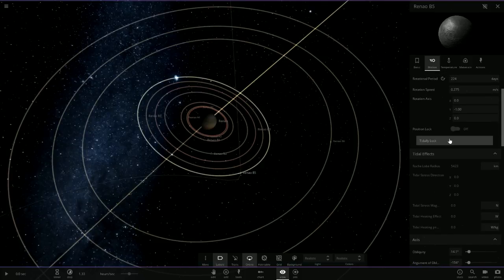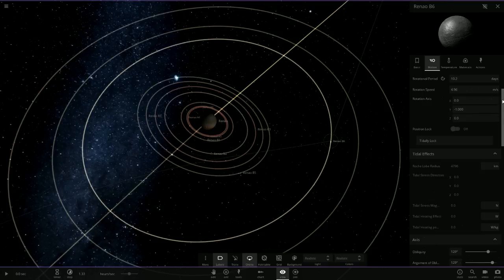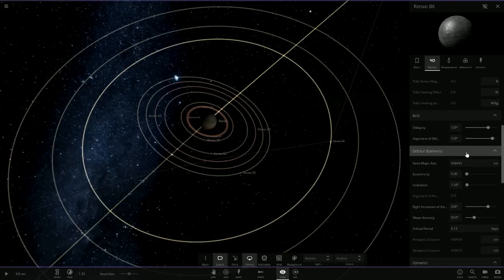Now I don't remember if my last couple planets I tidally locked, so I'm going to have to make sure. Yep, I forgot on a few of these. I believe on 2 I did tidally lock that one though. Okay. Moving on. The 6th one. Number 6, we have a